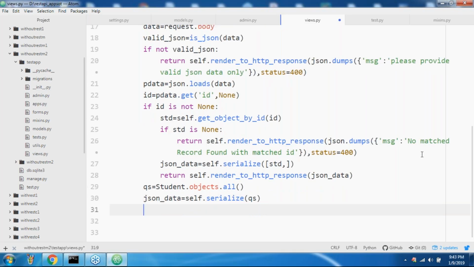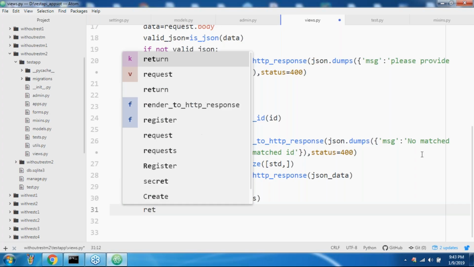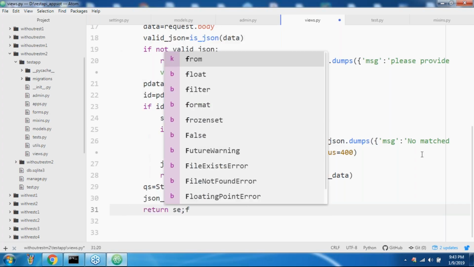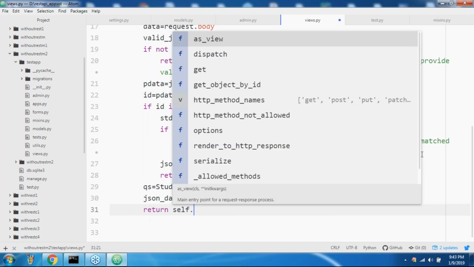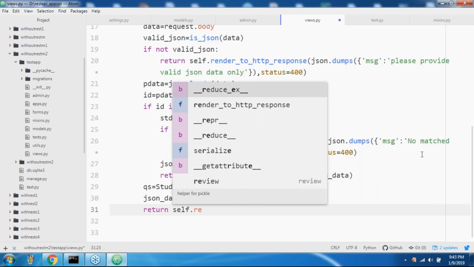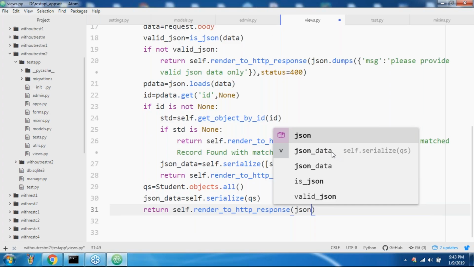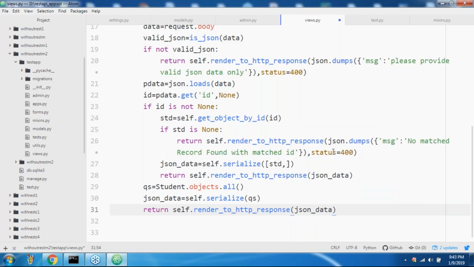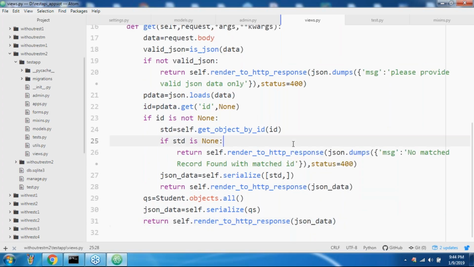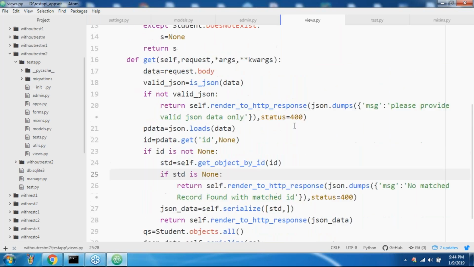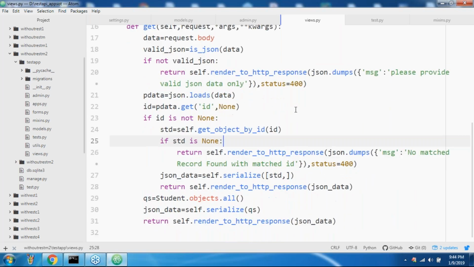So if I pass just the query set, return self.render_to_http_response of JSON data. That's it. Get method functionality got completed. The first method only will be difficult; second method onwards is very easy. Don't worry about this. Can you please cross check, sir?